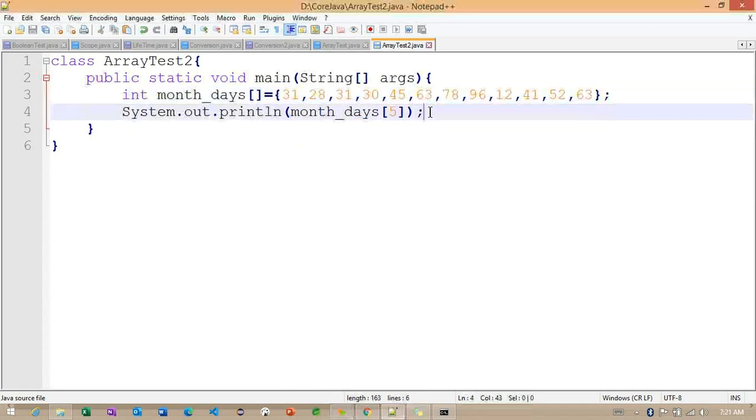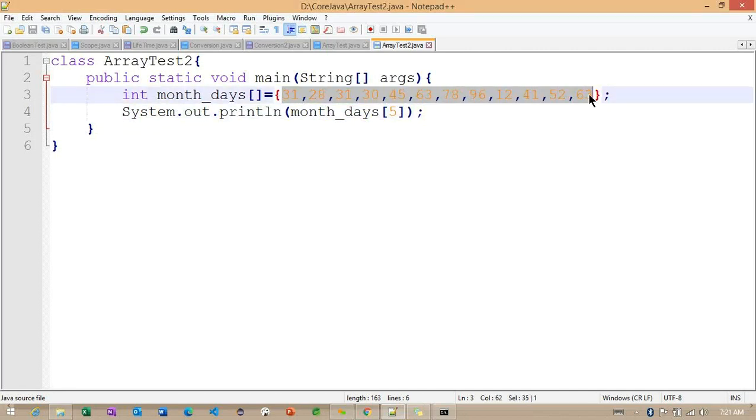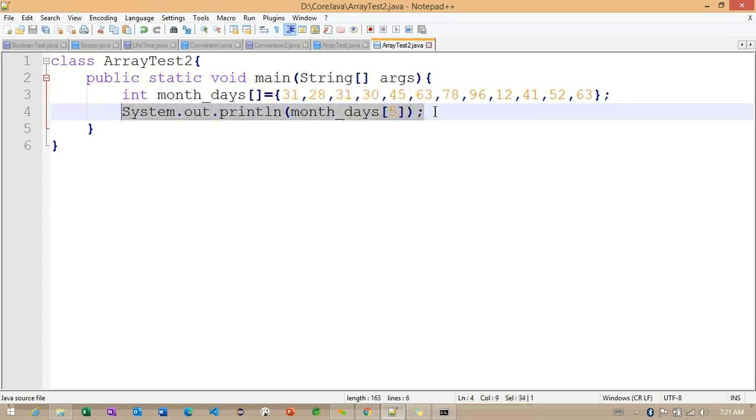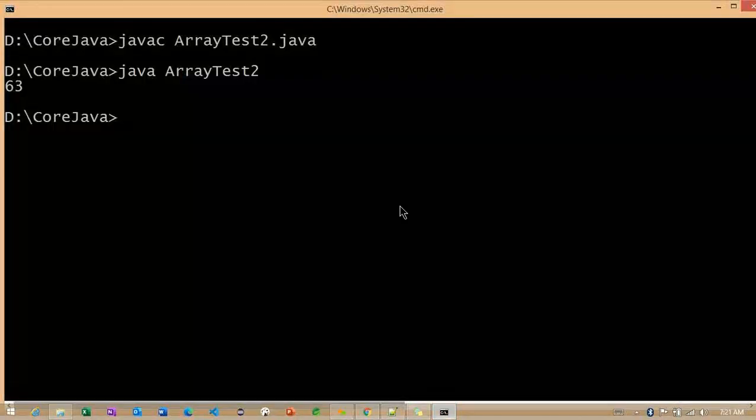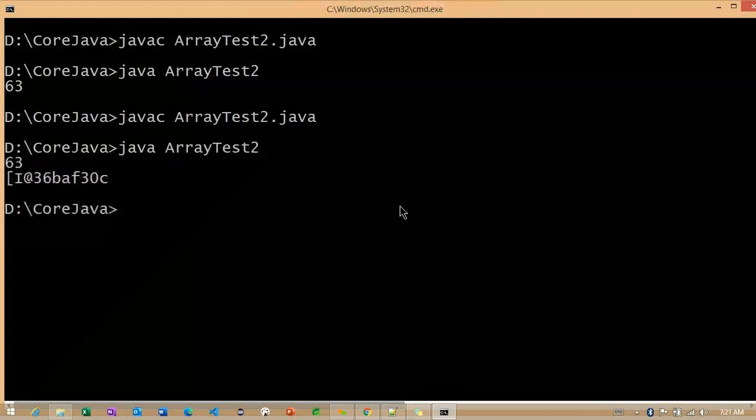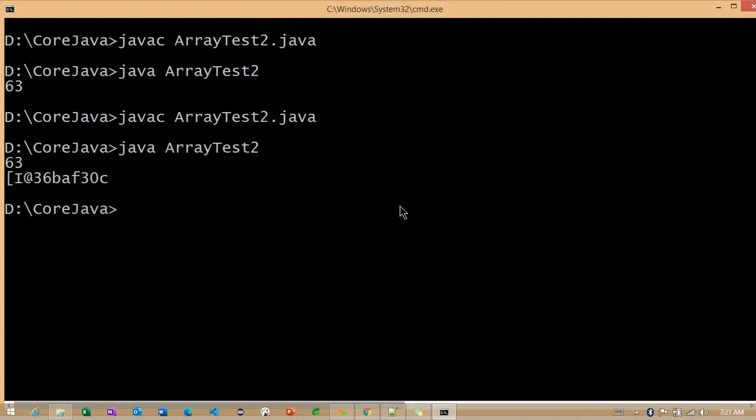Getting the point. Only one advantage we are going to get: instead of creating the new object array, we can directly initialize the values here. So based on this particular initialization, the object is going to be created internally. And the same way, we can check for the object reference here, whether we are having the same or not. So it's creating the same object reference. Right. So any questions regarding this example?